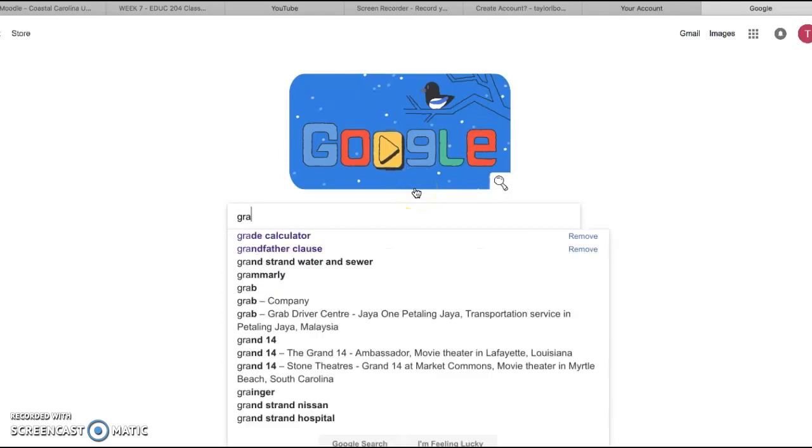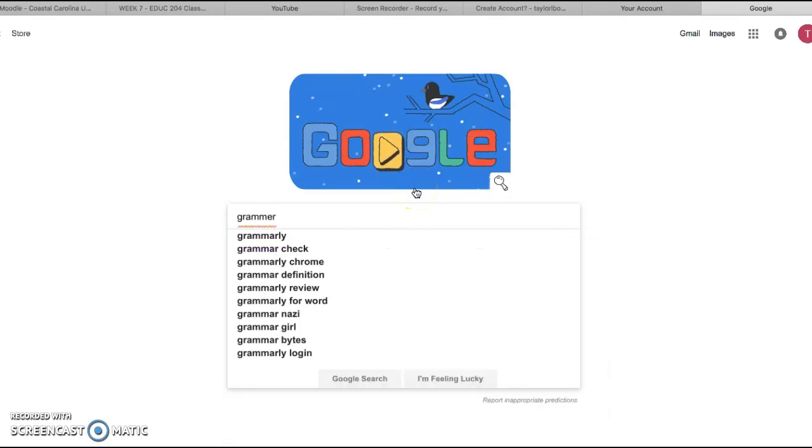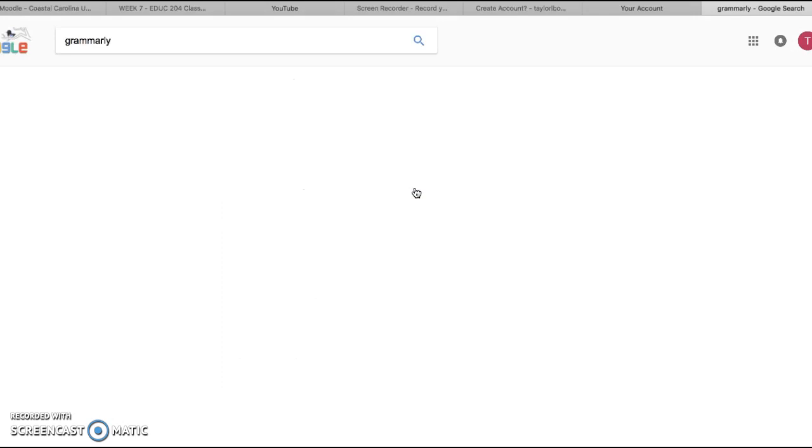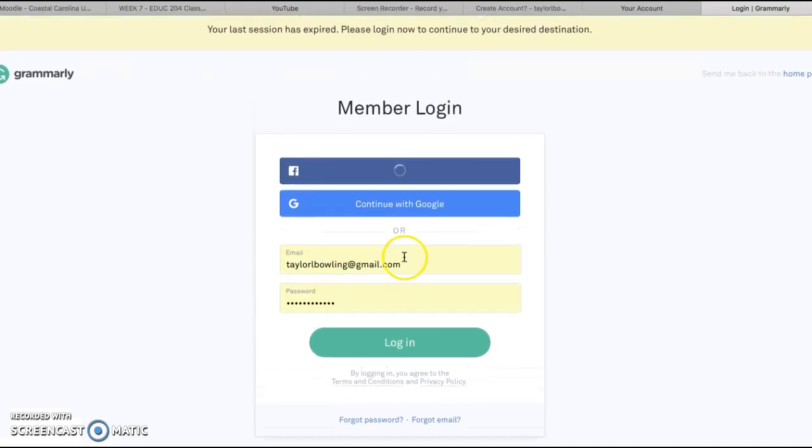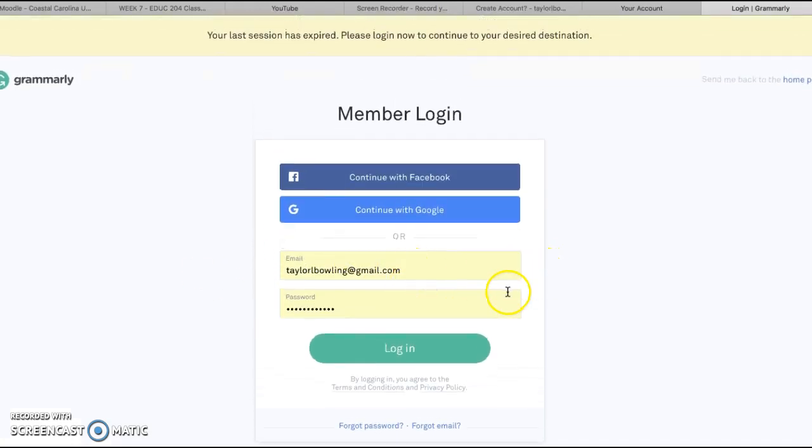type in Grammarly. You're just going to click the first one and go ahead and log in. It's easy and free. They have a pro one, but we're just going to stick to the basic free and